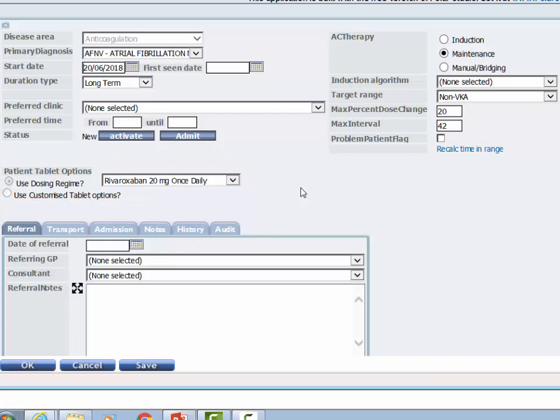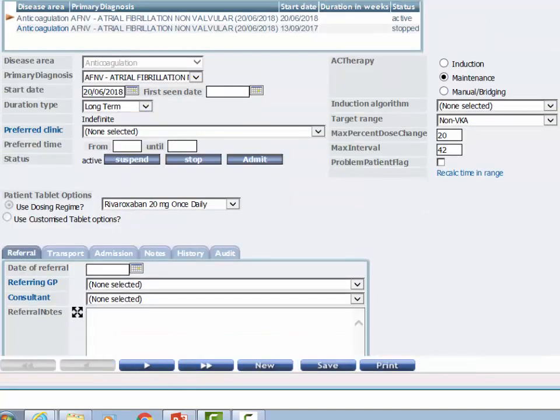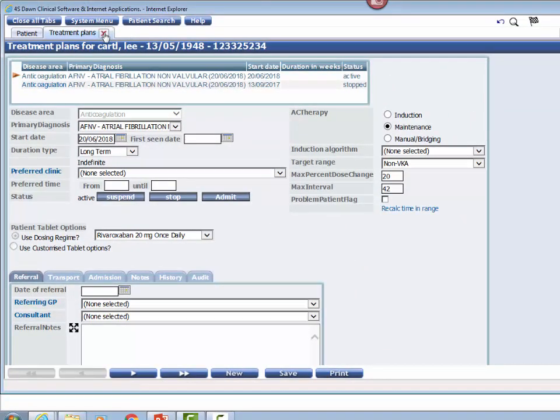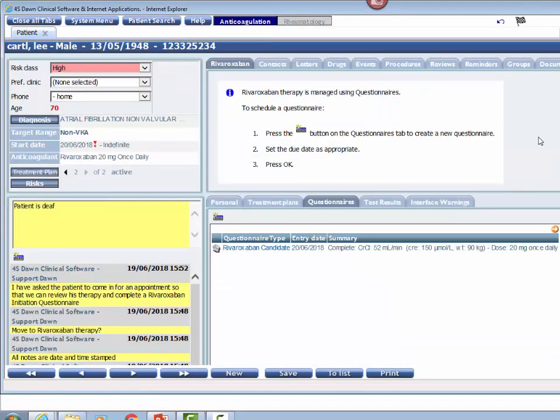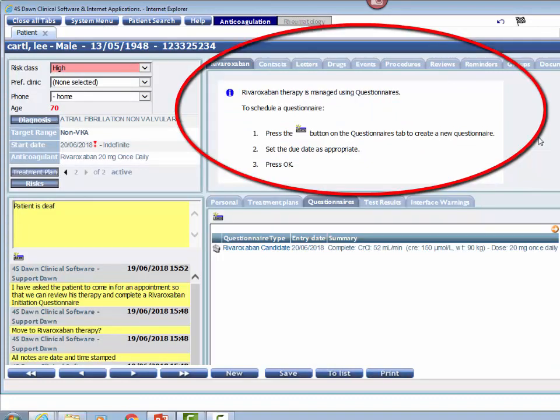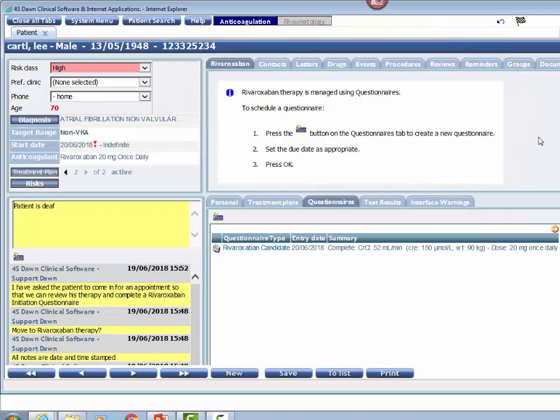This is the dose we chose in the initiation questionnaire. If you select a dosing regime that is different to what you have selected within the initiation questionnaire for Rivaroxaban, Dawn won't let you go any further in setting up the treatment plan. So now we've entered that information, we can click Activate and again OK to the box that pops up. If we then close the treatment plan, we can then see the patient screen has changed and the dosing tab has been replaced by the Rivaroxaban tab,